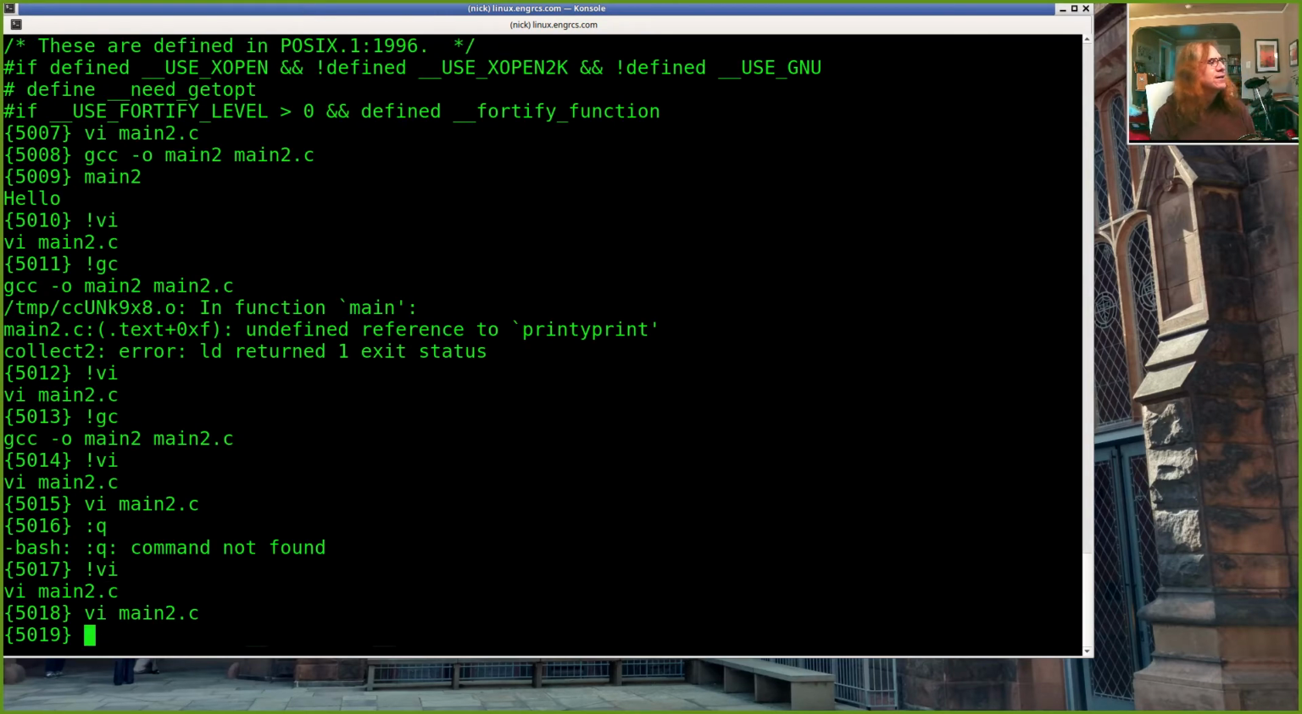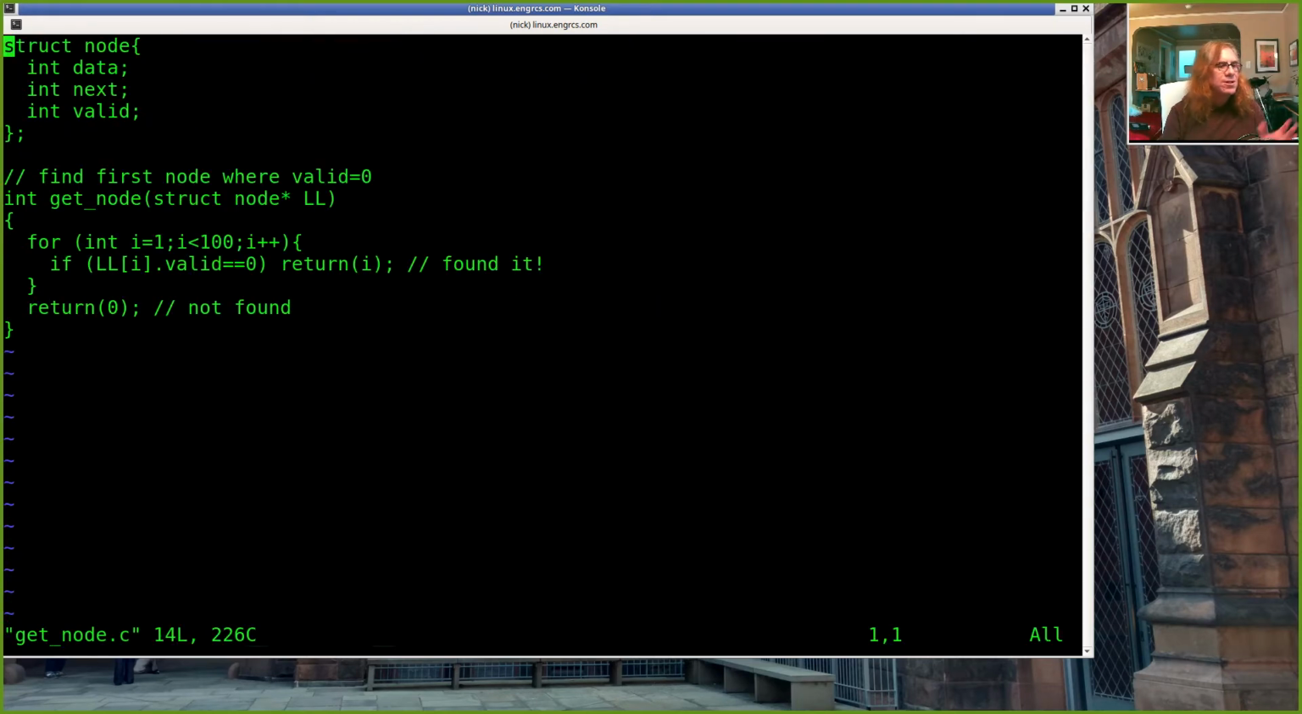All right, let's see. Okay, so that's MYNULL. I think we popped the stack on that. Yeah, cool. All right, so that was get node, right? So let me